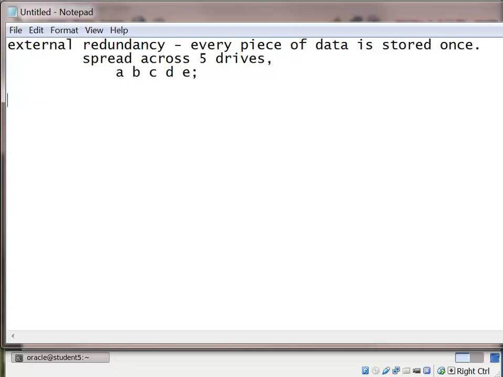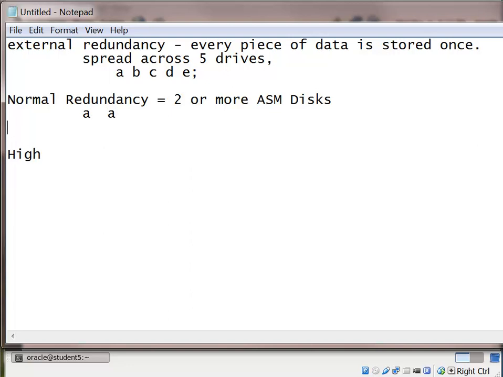Now, sometimes for peace of mind, ASM also supports 2 additional redundancy levels. Okay, normal redundancy and high redundancy. There is a minimum requirement for normal redundancy to be 2 or more ASM disks. Okay, you need 2 or more ASM disks in order to achieve normal redundancy. So when you write the word A on drive 1, there's an A in drive 2. When you write the word B,